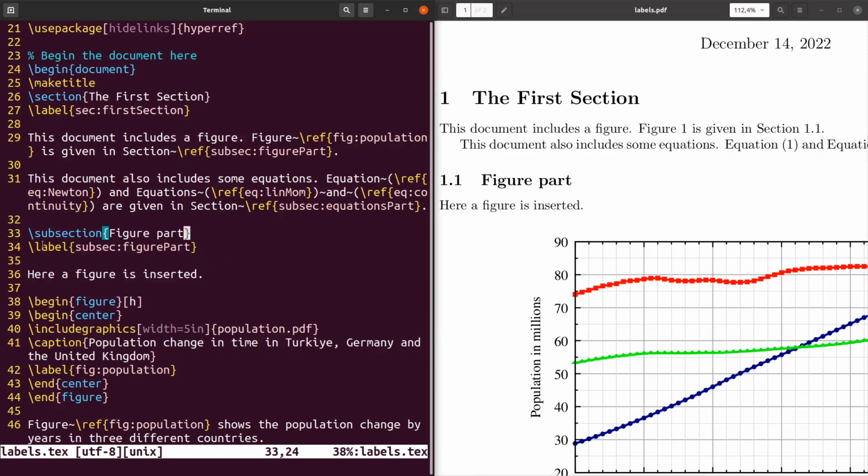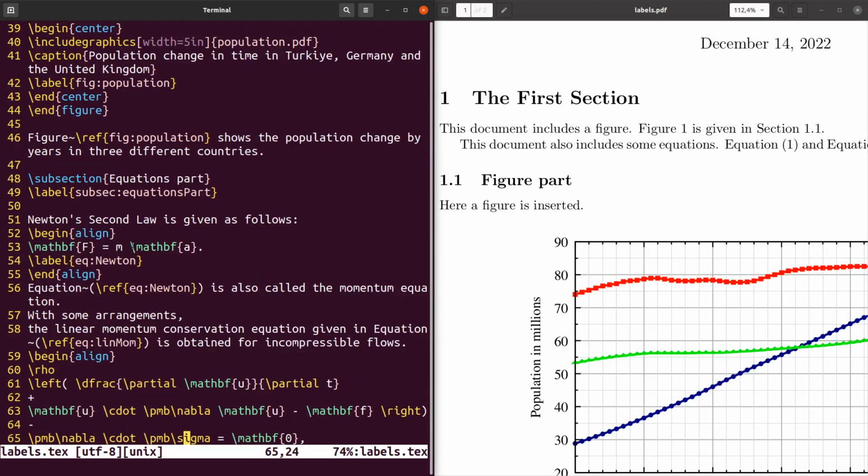Okay, wherever we put this label, we refer to the line before the label line. Now if you put this label before the caption, then you cannot refer to this figure. It has to be after the caption. The label of sections has to be after the section names. Okay, we can also